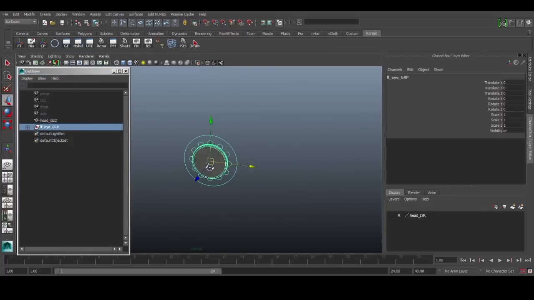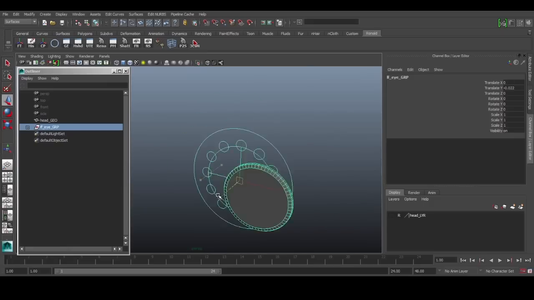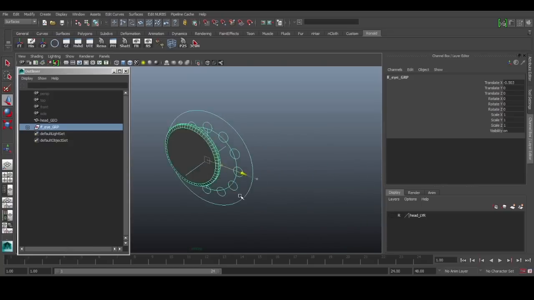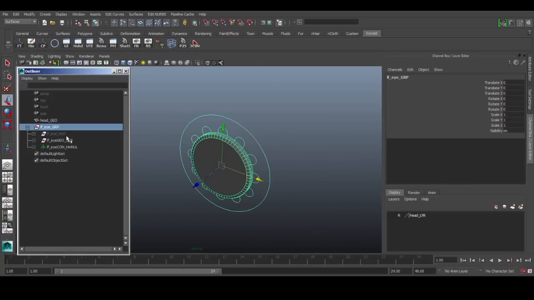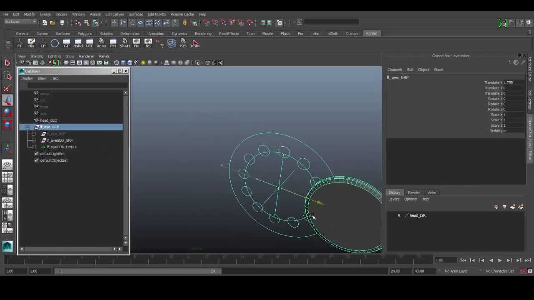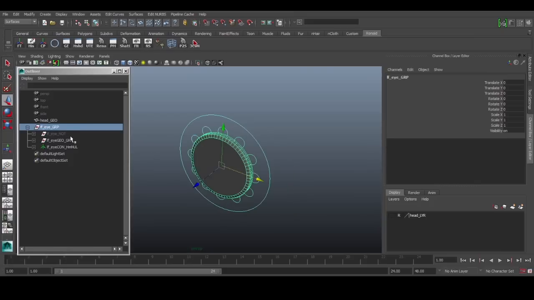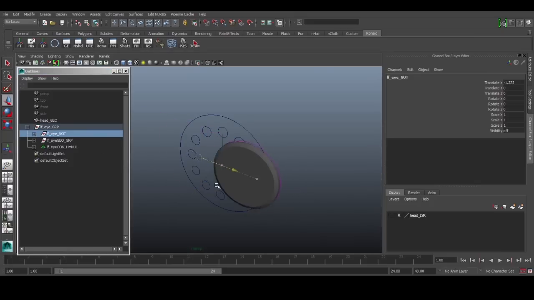So we have our left eye group. Our left eye rig is done. But you can see here that there's some double transformation when we moved our left eye group. That's because our no touch is not meant to be touched. So if we move this guy, it will tell the no touch group to also translate in X, and then the no touch group has stuff that controls the shape of the curve.